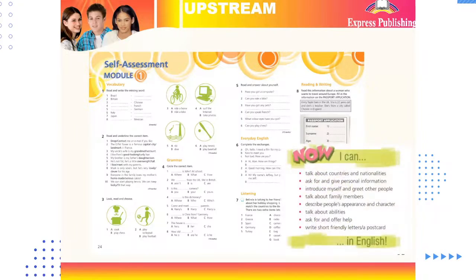This is essentially the competencies for the module that the students can self-reflect on. Now I can talk about countries and nationalities, for example. Now I can ask for and give personal information. Self-assessment, self-reflection is an important part of our learning process, and having these sections at the end of the module